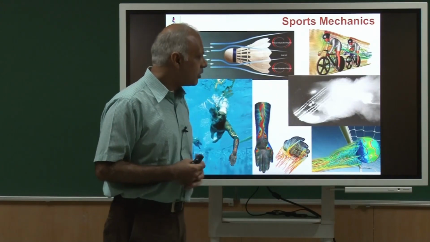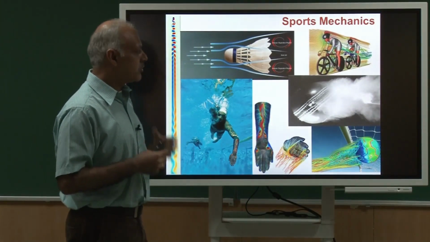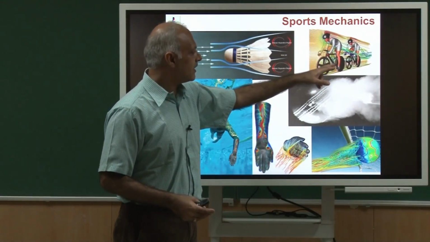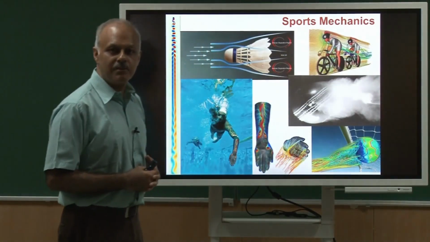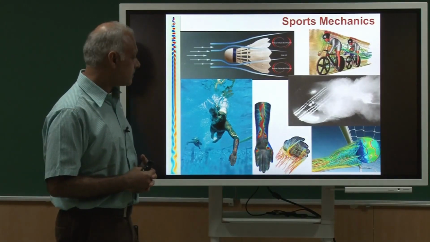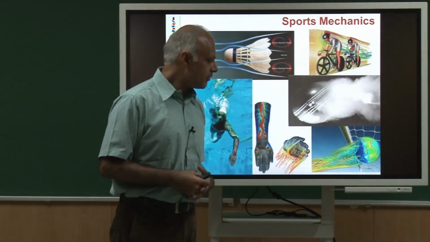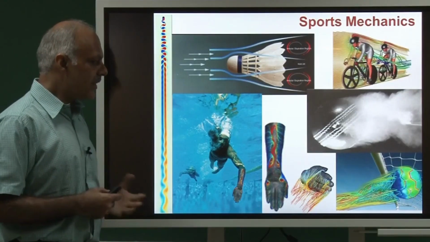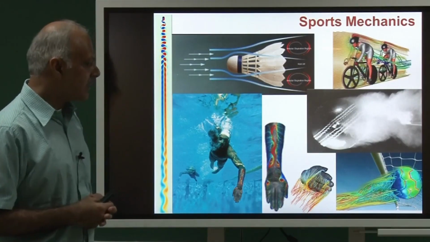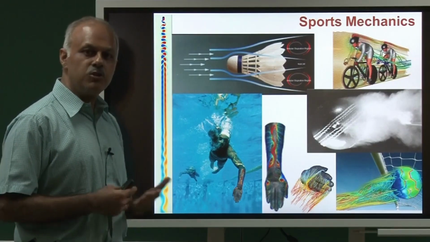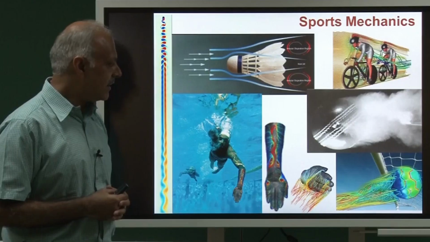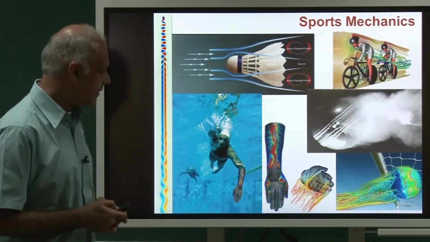Here is a fluid mechanics calculation which would exactly tell you what resistance this biker faces, what the person behind him faces, and so on. Soccer ball: we are all aware of the legendary swing of a soccer ball. All that can also be analyzed. In fact, Adidas comes up with new models of soccer balls every few seasons, and they try to make the sport more exciting.